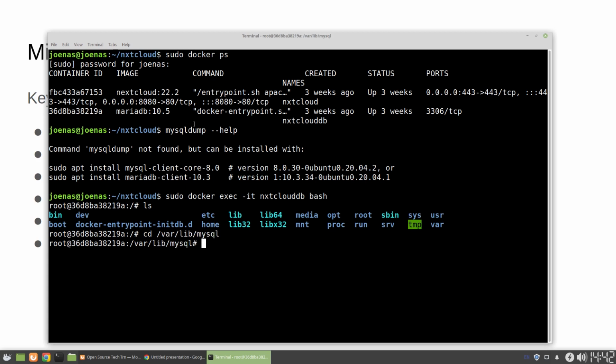Now to run mysqldump, you don't need to be in /var/lib/mysql to run it. This is useful because this directory that we have here, we already saw that this is mounted to the host. So if we run the mysqldump in this directory, the host will then see it, and then we're able to pull that file from the host and put it wherever backup that we want. So running it in this location, because of the way the volume command was set in the Docker Compose, is